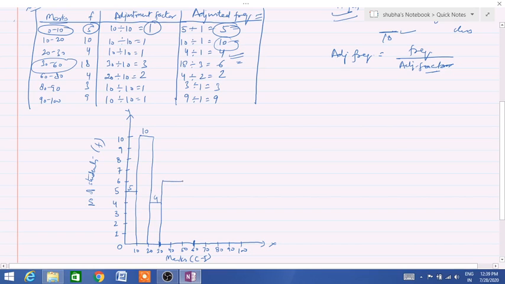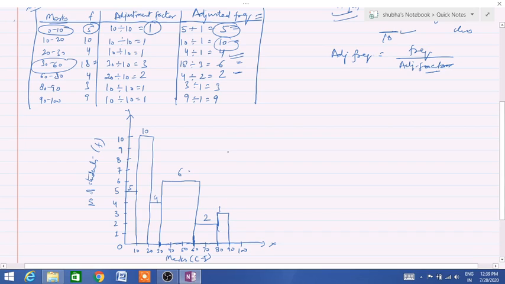Now the width of this rectangle will be more because it is covering 3 scales of class intervals, that means 10, 10, 10. So it is 6, 6 plus 6 plus 6, 18. So we have divided it into 3 equal parts. Then 60 to 80 we have 2, so we'll take it up to 2. 80 to 90 we have 3, we'll take here 3. And 90 to 100 we have 9. So we'll take the scale up to 9.